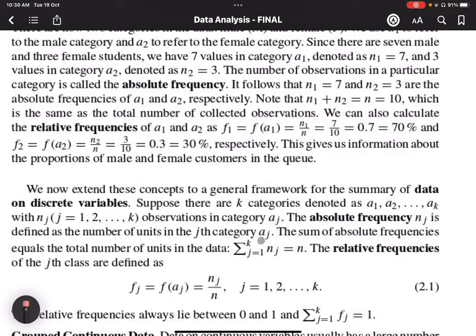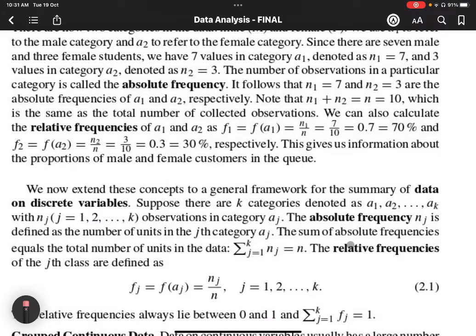No? So Aj is a category. Okay, so A1 to A2 is the number of frequencies, and Aj with Nj, we can determine the absolute frequency. And this is defined as the number of units in the j category, which is j equals 1, 2 until